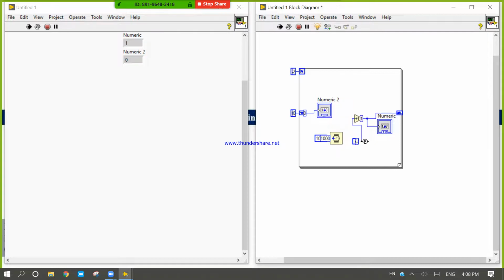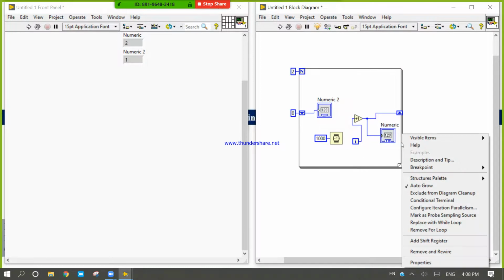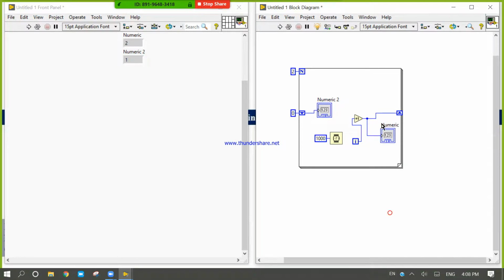Let's see. It's generating 1. Now it's generating 2. Okay, so this one which is connected here, we can generate. Okay, how to add shift register? Where to add shift register? Okay, wait. Right click on the body and come to the third last option, add shift register. So by using shift register, you can read the data of the previous iteration. In the first iteration, it generates